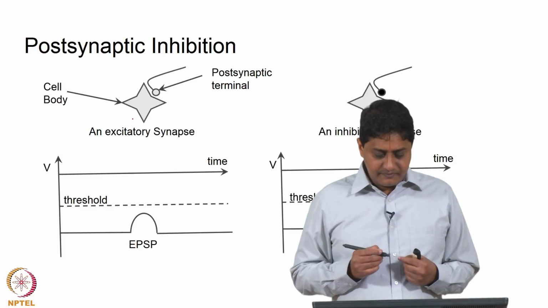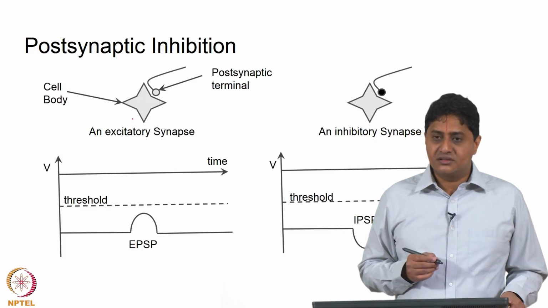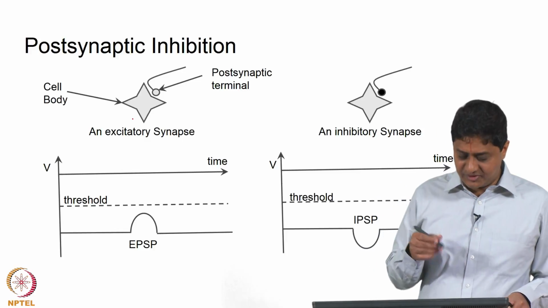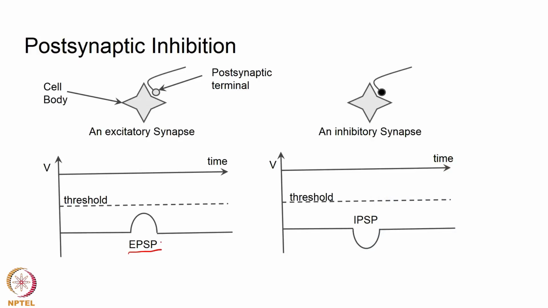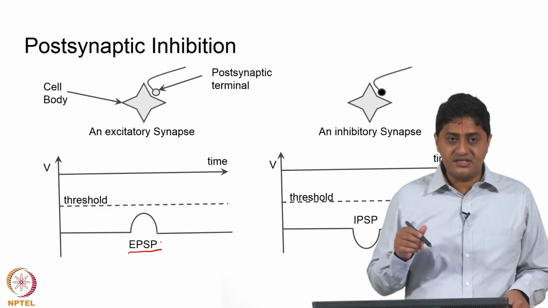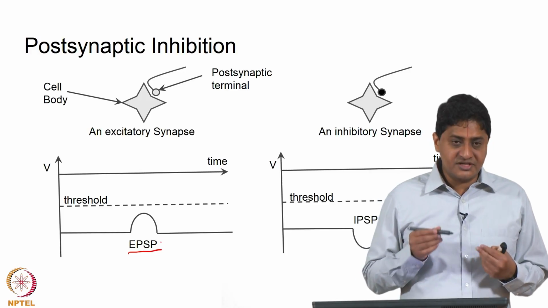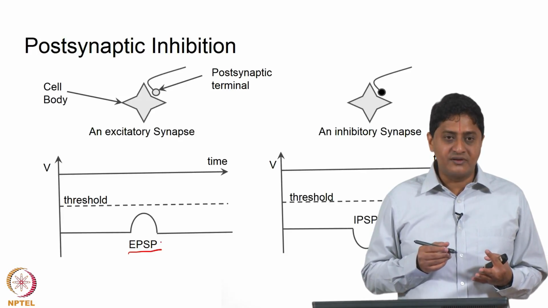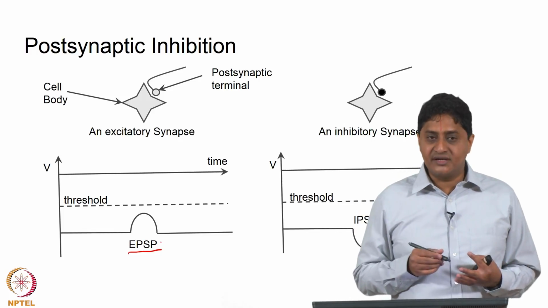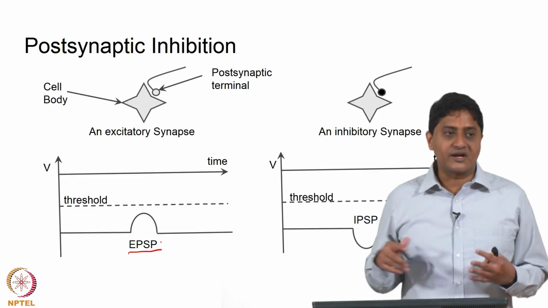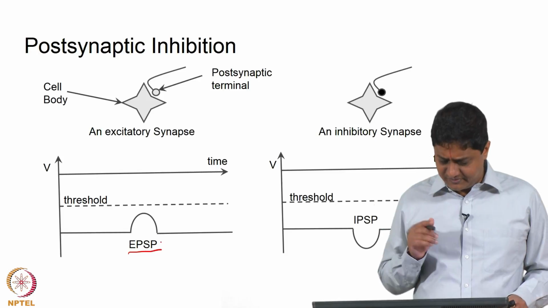So, in general we have seen that an excitatory synapse is one that causes an excitatory postsynaptic potential, or an EPSP. What does this involve? Some time ago we have seen, for example, the case of the neuromuscular junction. Whenever acetylcholine is released into the synaptic cleft, the nicotinic cholinergic receptors, or the ligand gated ion channels, sense the presence of acetylcholine and open and allow a lot of sodium to enter inside the muscle cell, causing an action potential in the muscle cell and then contraction of the muscle, excitation-contraction coupling, etc.